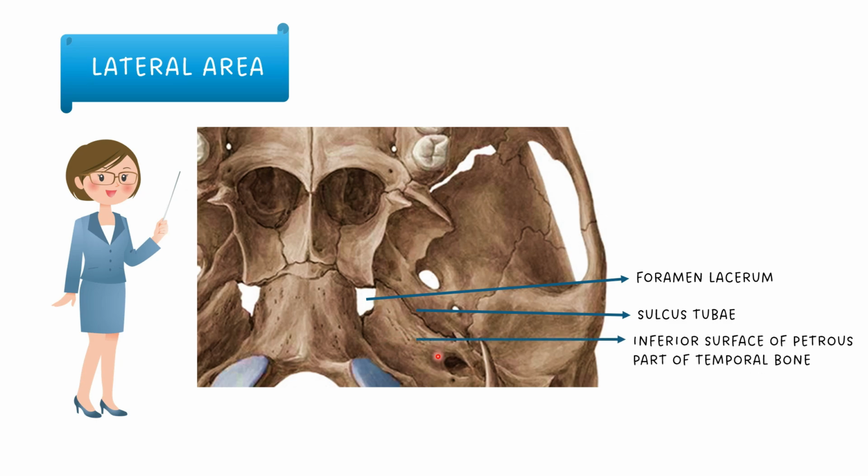The inferior surface of the petrous part of the temporal bone is located just behind the greater wing of sphenoid. Its anteromedial margin is serrated and it forms the apex of the petrous part. The quadrilateral area near the apex provides attachment to levator palati muscle. The lower opening of the carotid canal is located just behind the quadrilateral area, and the carotid canal runs forwards and medially in the petrous part and perforates its apex as the upper opening of the carotid canal.